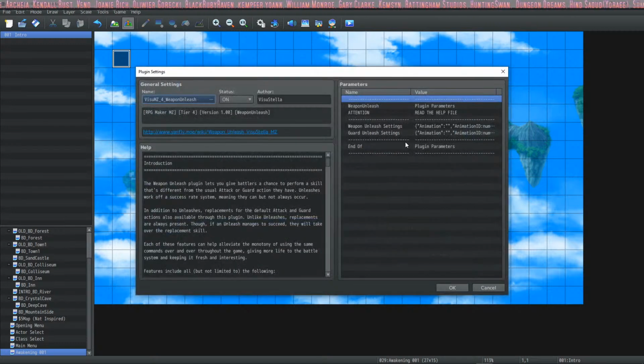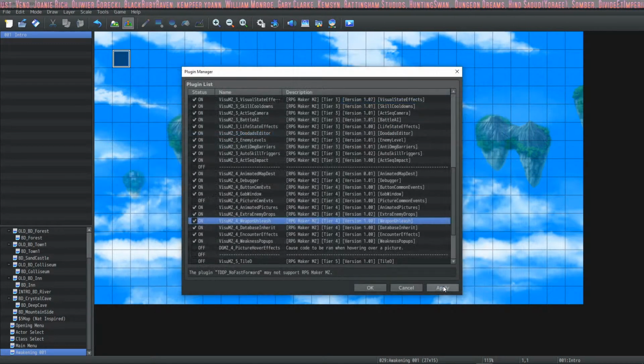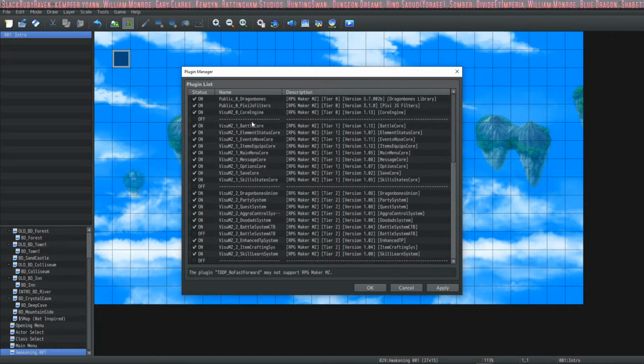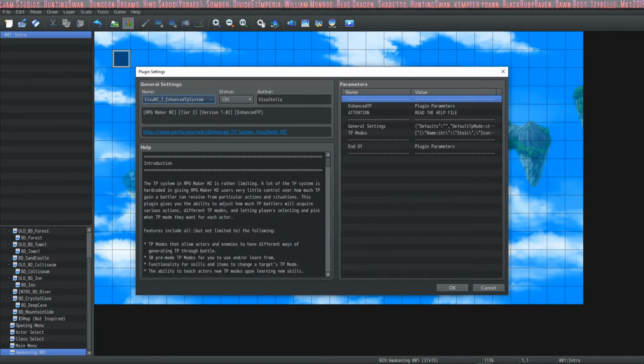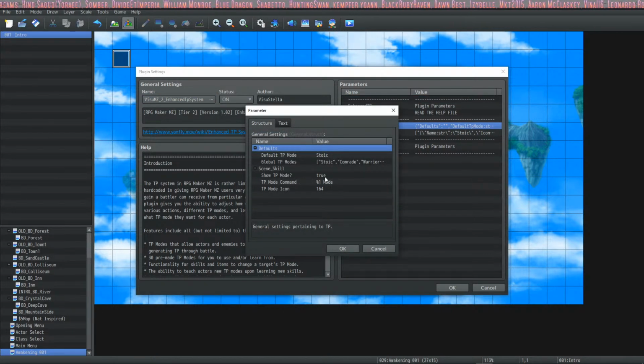Maybe it's the weapon unleash? No. Here it is. Enhanced TP system. Global settings. Wait, is that it?